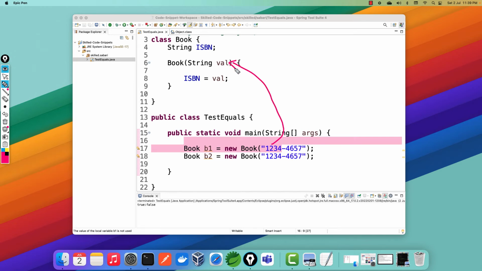So here we have the constructor, the Book class constructor, which is taking a string as a parameter, and this value goes in here, and this variable val is getting assigned to this ISBN. So this ISBN is going to be the instance variable, and this instance variable is going to be assigned to this object. So B1 is an instance, and this B1, which has a memory, will carry a memory for the string and hold the value